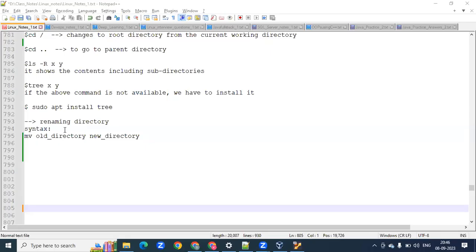In the previous session, we discussed renaming a directory. We discussed how we can rename the directory, and now we are going to discuss